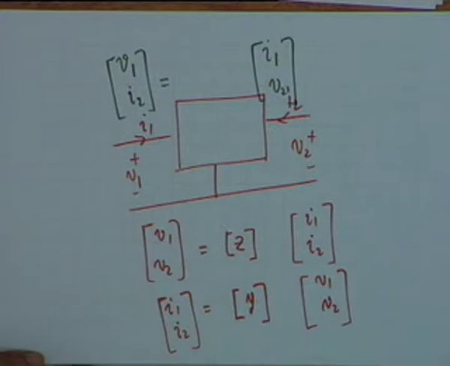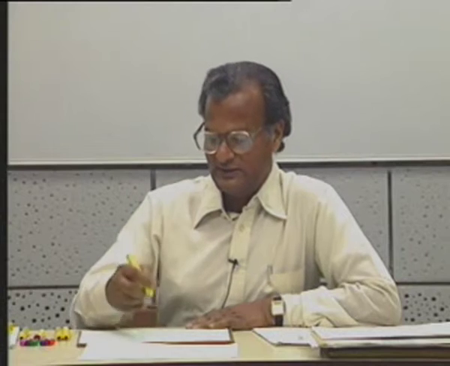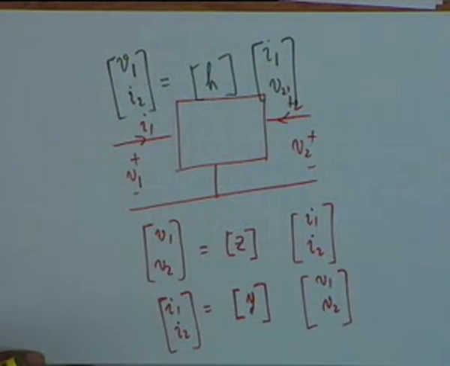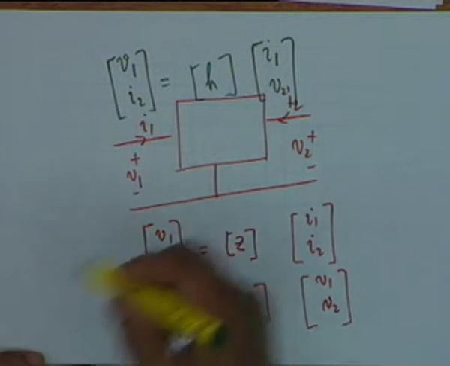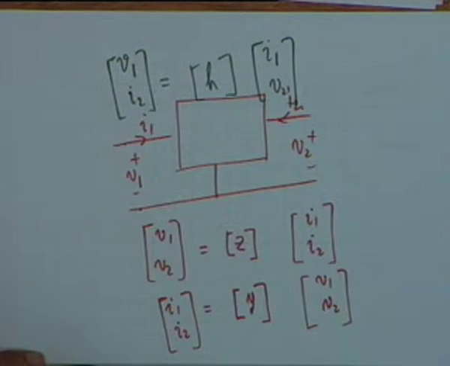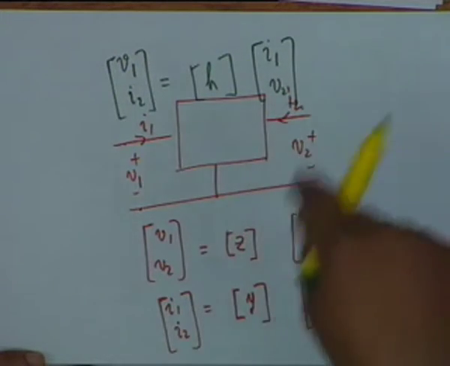One of them is an impedance, one is an admittance, and the other two, as you will see, are dimensionless, and therefore they are represented by the H matrix. H stands for hybrid. All right. It is always the input voltage and output current, V1 and I2, expressed in terms of I1 and V2. It's the reverse way around.